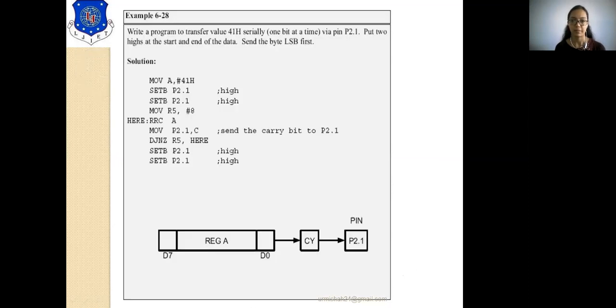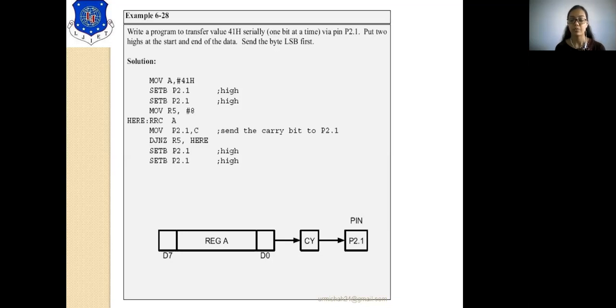Let's have an example. The program given to you is to transfer the value 41H serially via pin P2.1. So on port 2, pin 1, you have to transfer every bit of the data 41H.